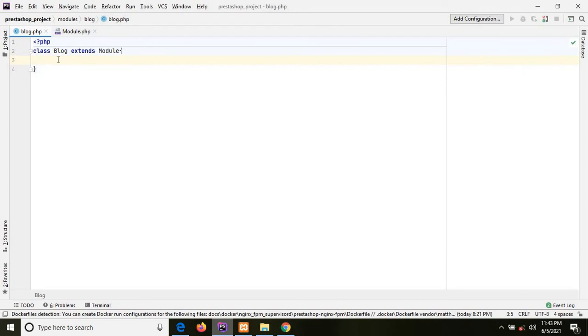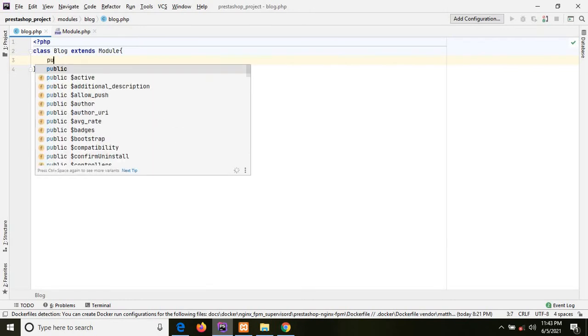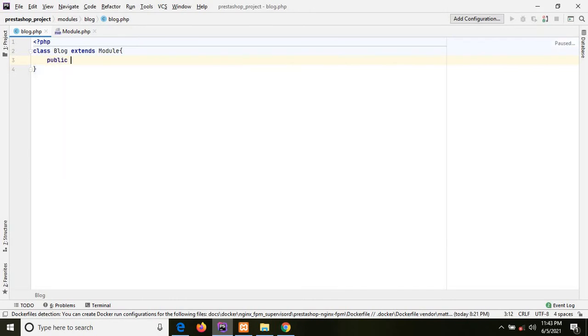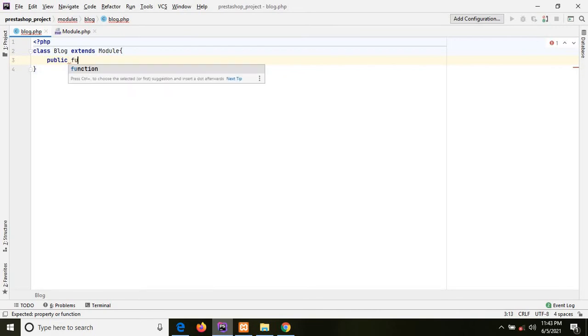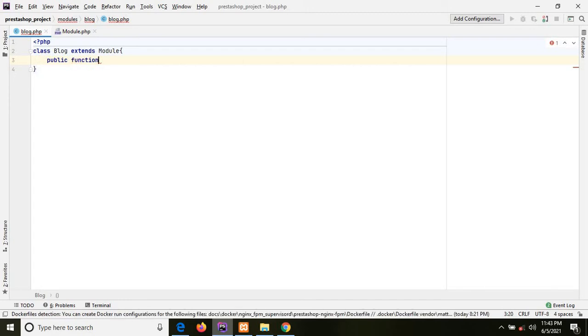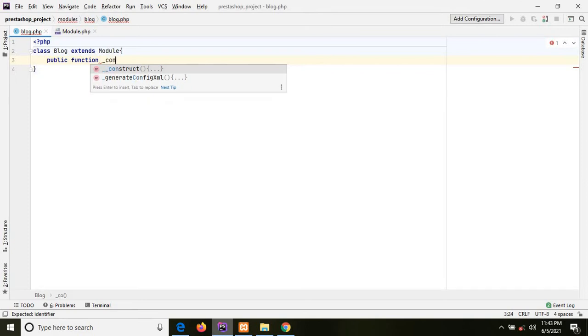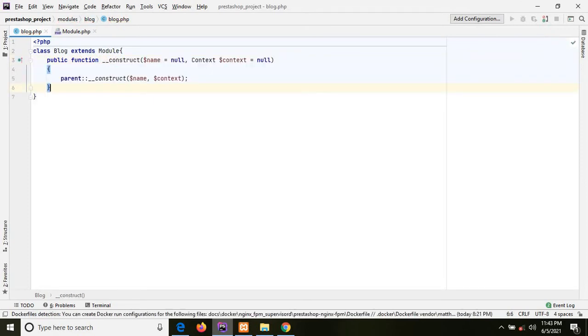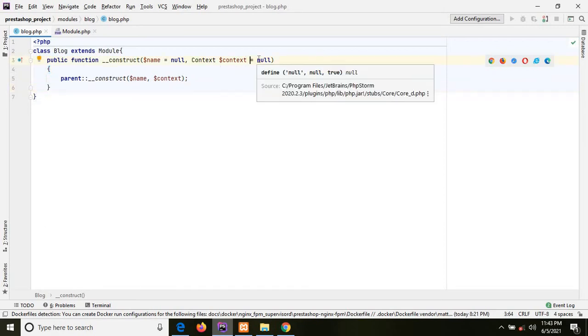After that we'll create one constructor. So I'm creating the construct method, that is public function __construct.